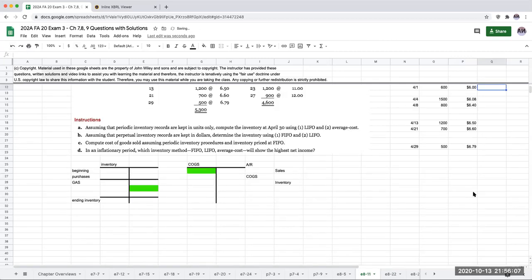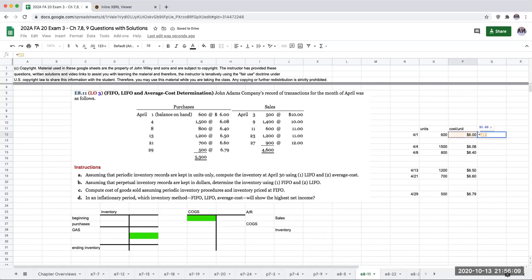As you can tell, my Excel skills are weak. That's why I need to take Professor Kasoy's or Professor Mather's class, and I'm sure I will be doing that soon. When I add up all these, the total amount of my goods available for sale is going to be